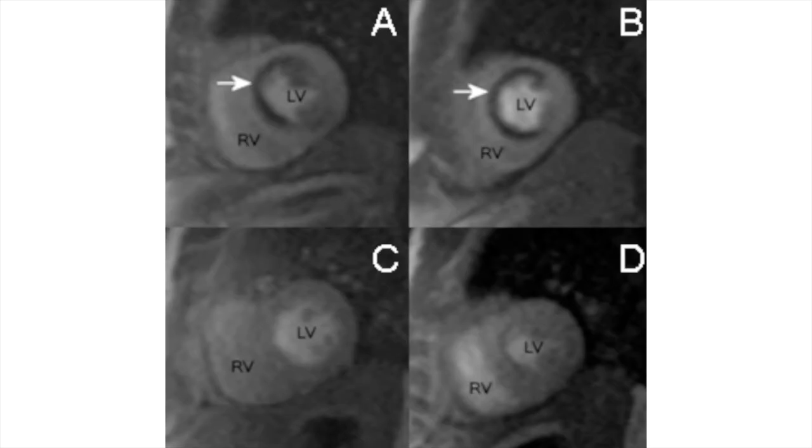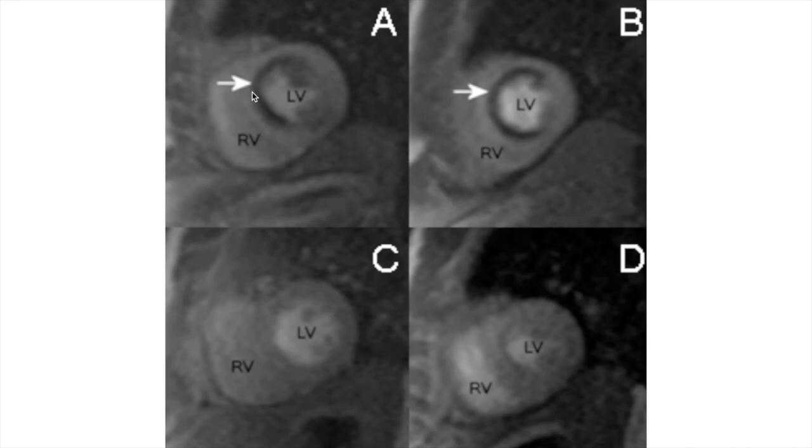This is a different case example where we are showing area of perfusion defect in the septum and anterior segment extending into the inferior segment, while on rest images there is no perfusion defect, suggestive of a reversible perfusion defect